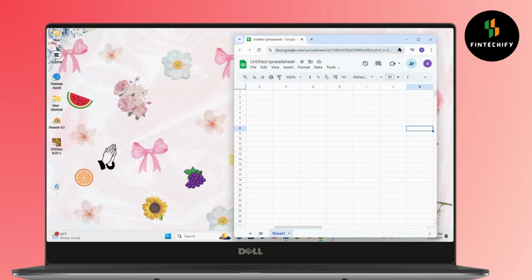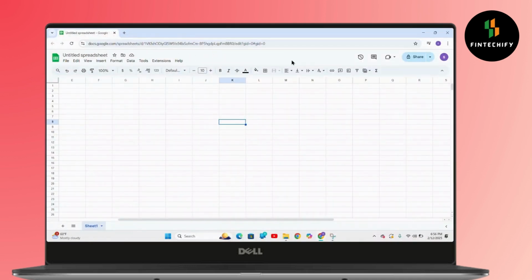So first, open your Excel or your Google spreadsheet. The process is just the same. Now I will create a dropdown for gender. Now in order to create a dropdown menu for gender, simply select these